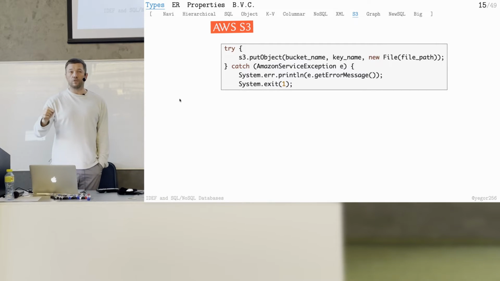And at any point of time, you can retrieve it back. You cannot modify it. You can only upload new content, but you cannot edit the content there. You can only upload a new one or take the existing one. Or you can delete it. But it was so convenient for storing data, like images. It was fast, it was cheap, extremely cheap. You pay a fraction of a cent for each put operation, for each get operation.